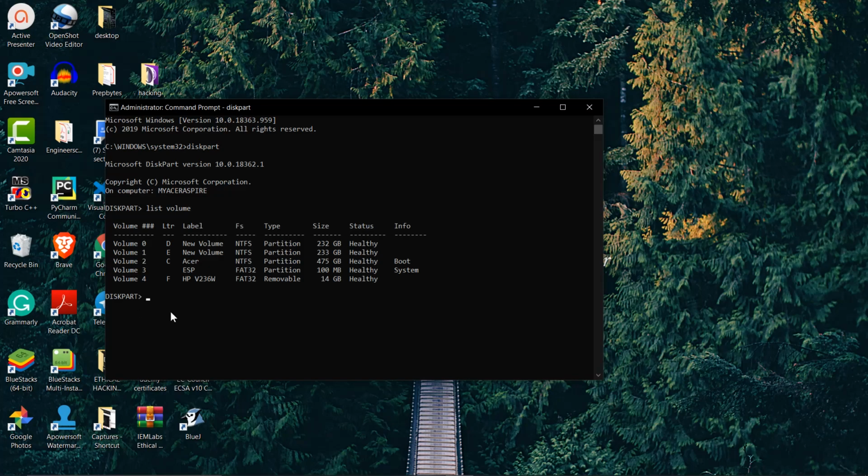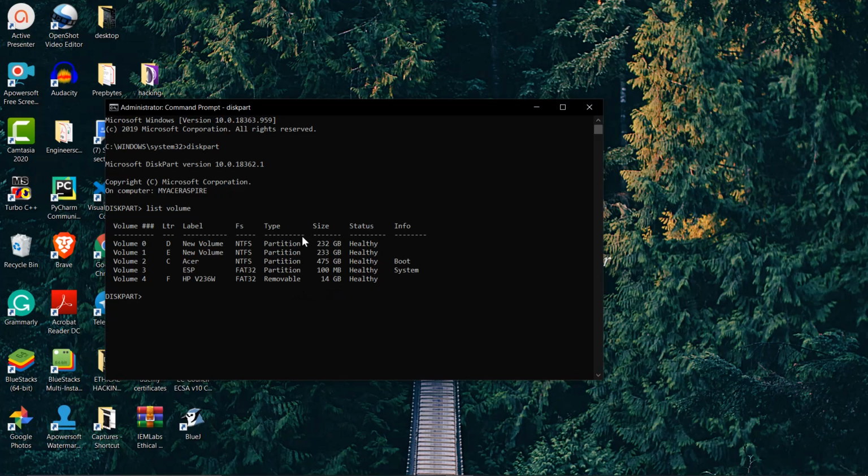volume. Once you do this, whatever drives are there in your computer, whether it is a backup storage or the main storage, you get every detail of it. After that, find which is the pen drive or thing that you have used as a backup device and plugged into your PC. Here, this is the F drive, HP's pen drive that I have inserted in my PC.